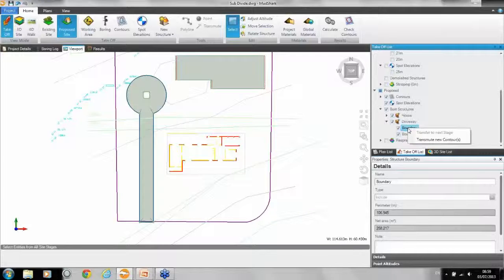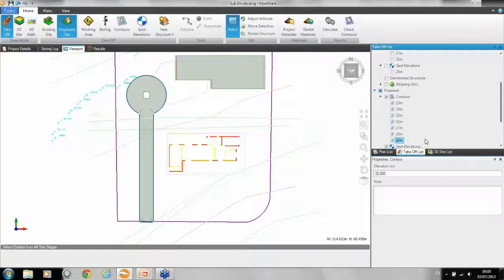You can then right click on it, and you've got an option called transmute new contour. And what that does is, not only will it draw, or transmute is the word we use, the contour around it, it'll actually use the altitude data that you've used for that structure. So if you've got a structure with multiple different altitudes, such as a car park or a roadway or something that might be sloping, instead of having to redo it along the way, you can now just go transmute new contour, and that will automatically add a contour directly onto your proposed site level